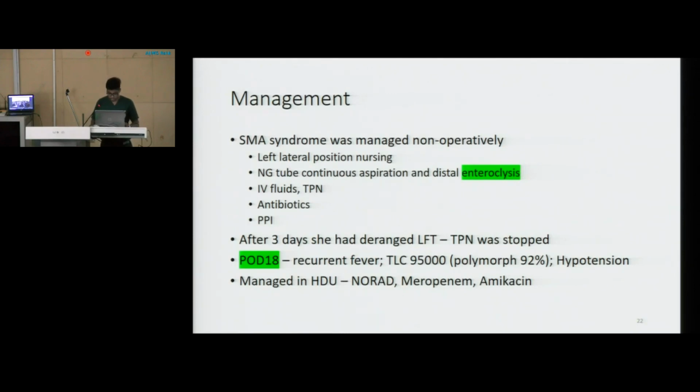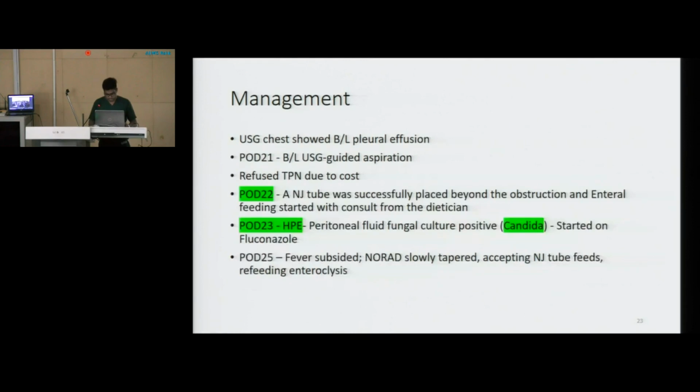stopped. More alarmingly, in the beginning of the third week, she started developing recurrent fevers with a total leukocyte count of 95,000. She was immediately started on vasopressor support and shifted to the HDU in view of hypotension and was started on high-end antibiotics. Because of the respiratory distress, USG chest was done, which showed bilateral pleural effusion, which was tapped by the IR team. By the end of third week, we planned an NG tube, which was placed by the IR team, and